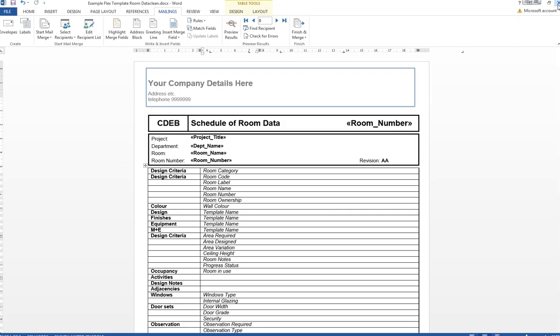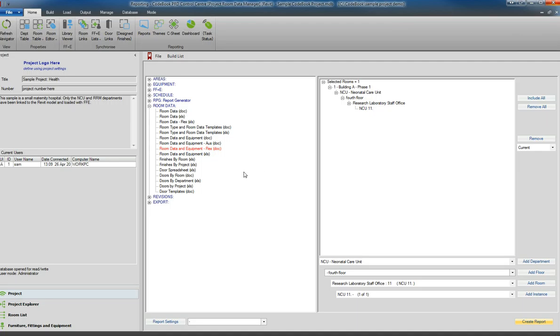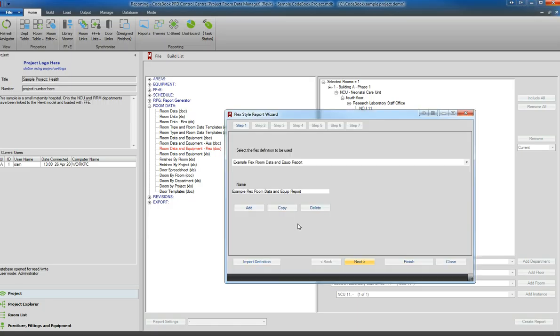We're going to close this template now. I'm going to go back to Codebook, back to the reporting tool, back to the room data and equipment flex report. So I'm going to click Create Report again. We can see that the last one we have active is selected, the example room data and equipment report. And we're not going to step through step 1, 2, 3, 4, 5 and 6 now, because we've got our report set up, we've got our template set up, we just want to run that report now. So we're going to click Finish,